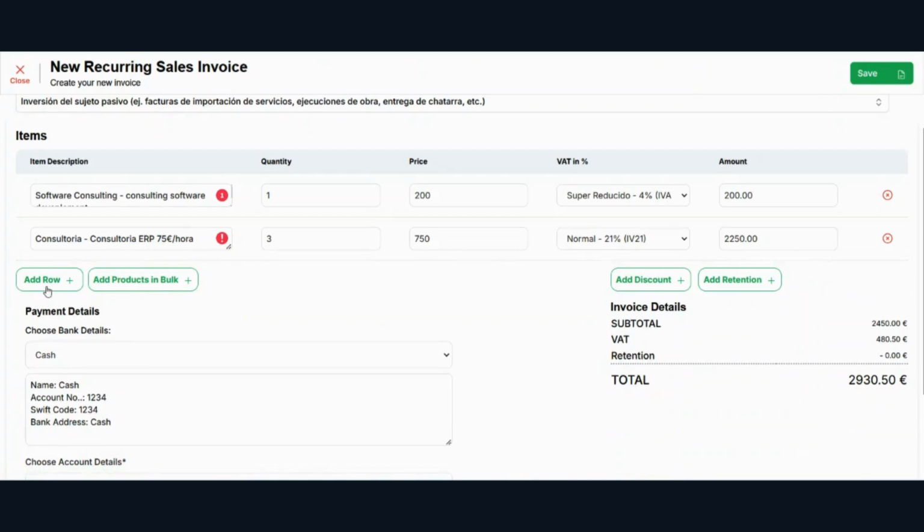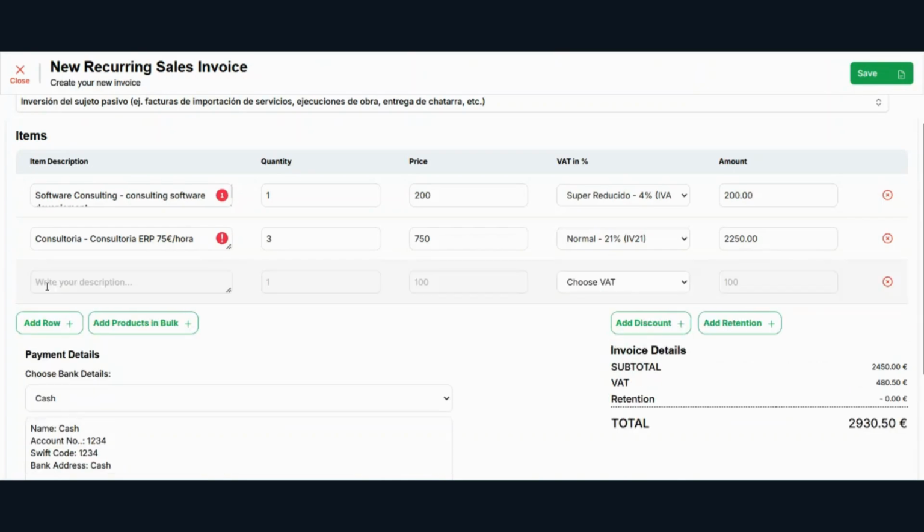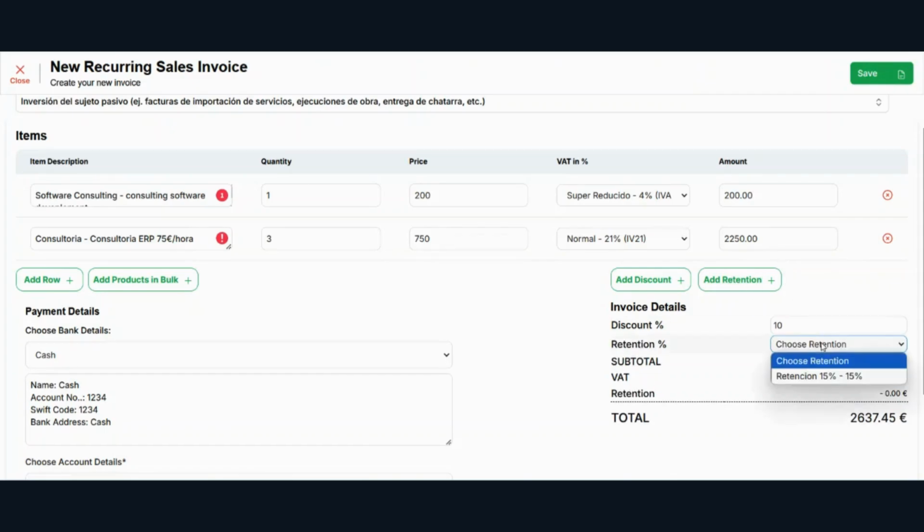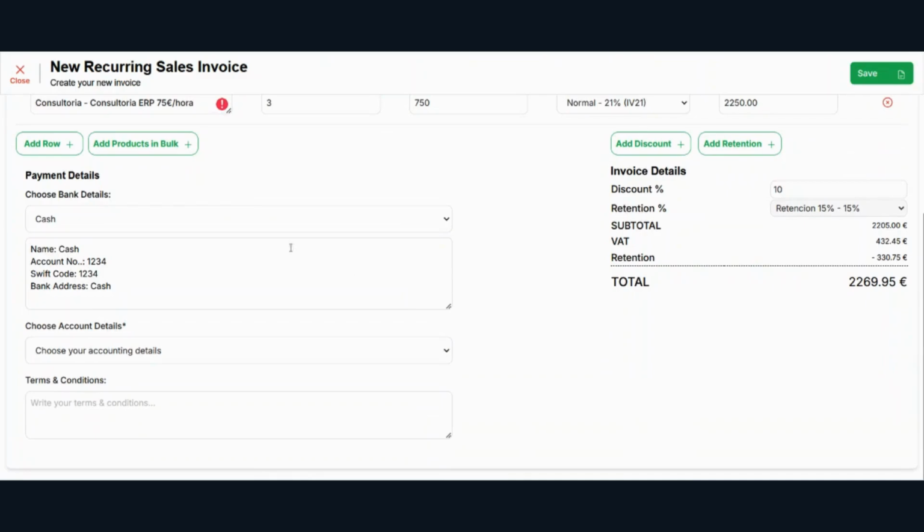If you want to add more items or a description, and you have new data and want to add a row here, then you simply type here, otherwise you can leave it. If you want to add any discount, you can add it here. If you want to add any retention, you can add it, otherwise you can leave this field.